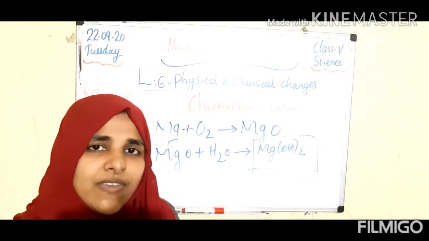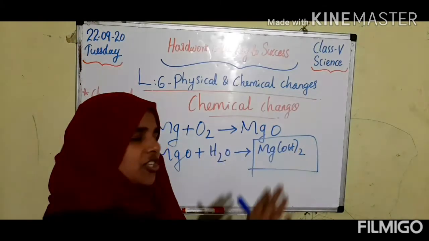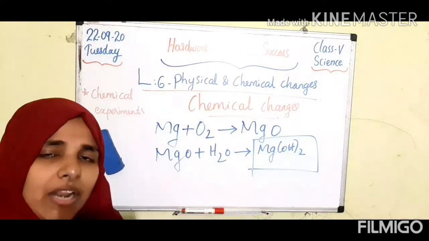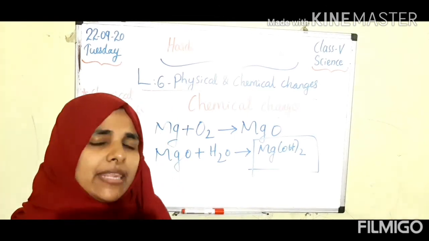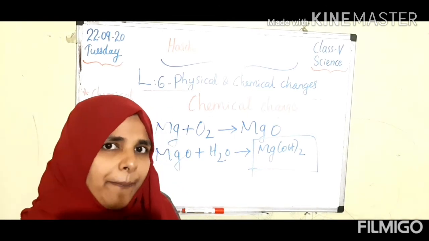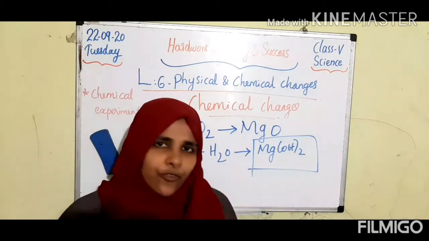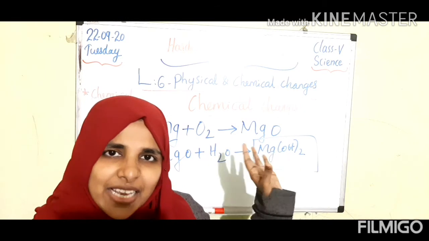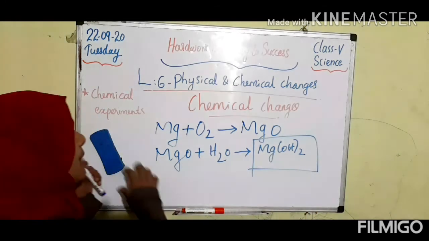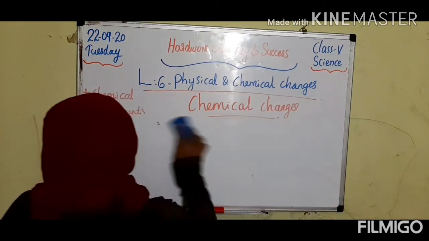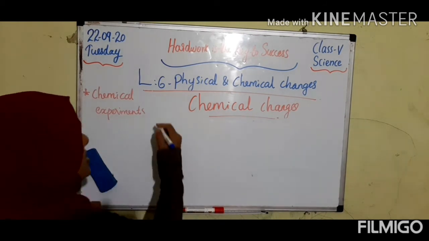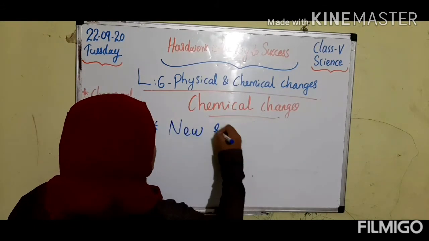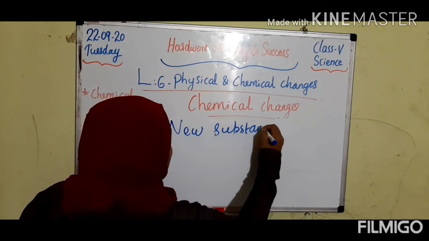When magnesium mixes with oxygen, magnesium oxide is formed. And when this magnesium oxide mixes with water, what will happen, children? When that ash mixes with water, magnesium hydroxide is formed. So dear children, in this class we discussed three chemical changes, right? From these chemical changes, we understood different things. That means in a reaction, new substances are formed. Okay, new substances are formed in a chemical reaction.